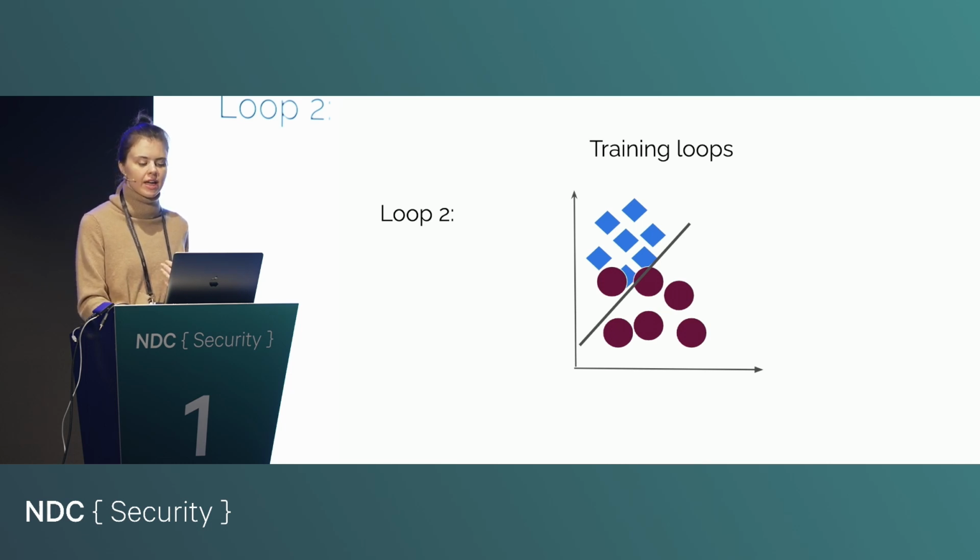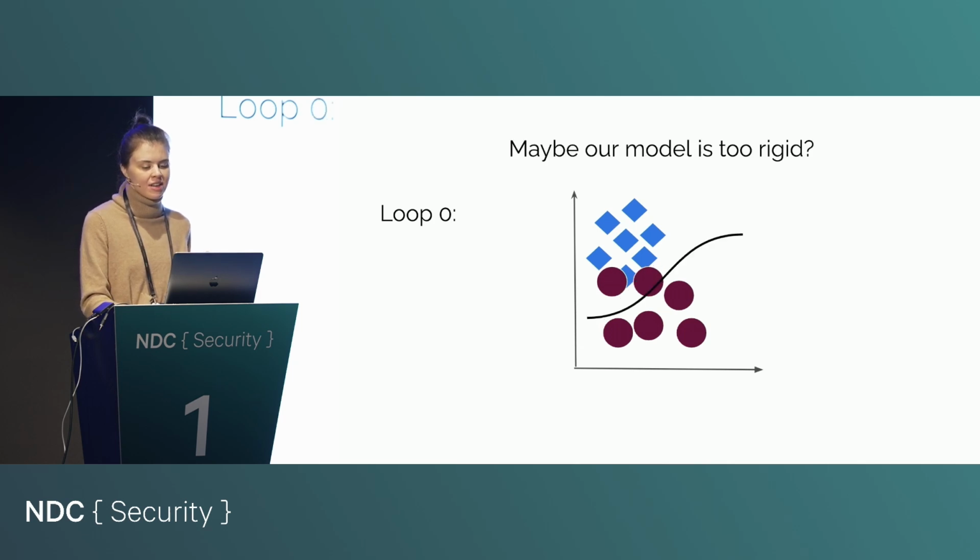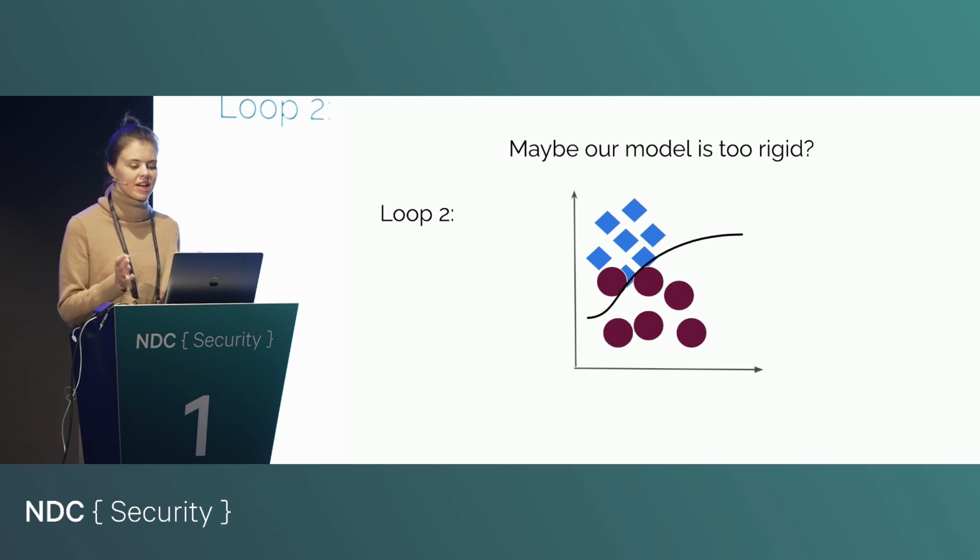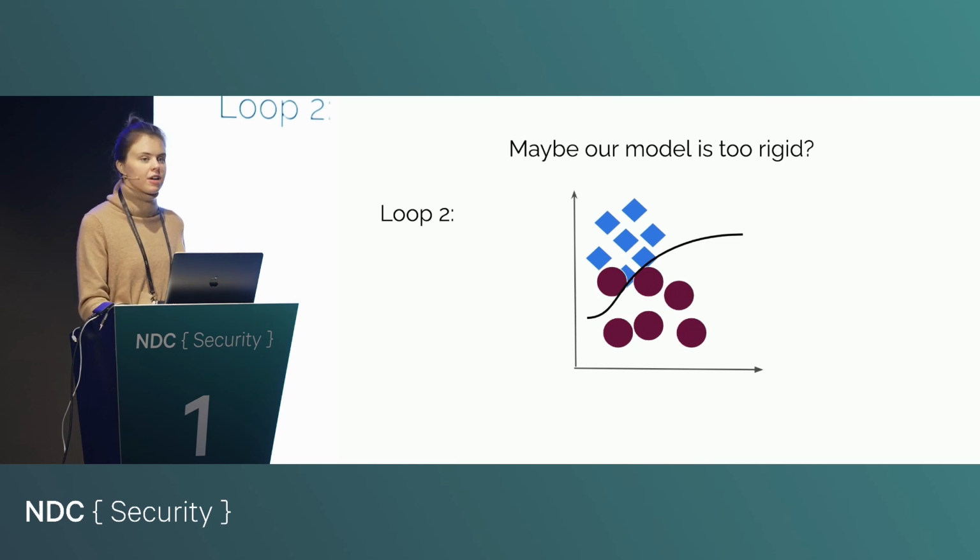But then you can also ask, okay, in this case, we decided that our model would be a straight line, but what if that's a bit too rigid? It can't really wiggle around the data points in this mathematical space and capture patterns in the data. So this is where we come to the other art, not a science, part of machine learning, which is being able to select the model correctly. So maybe that line model that we used was too rigid. Maybe we need some kind of squiggly line, and when we train it, it gradually learns to model the patterns of the data in such a way that it's a little bit better. Or maybe not, or maybe the straight line was good enough for our use case.